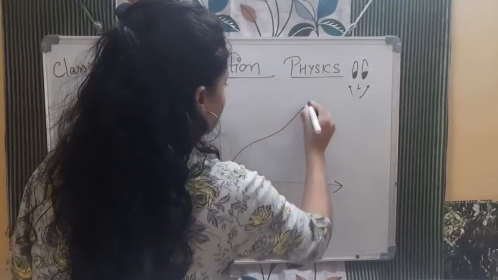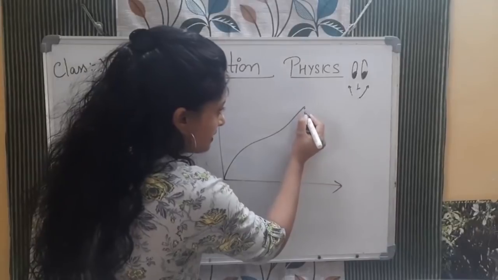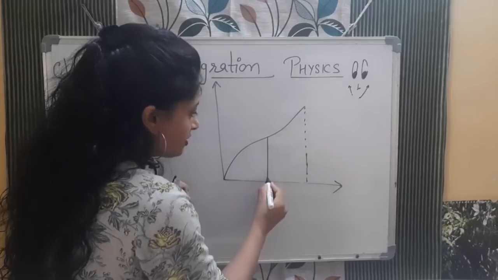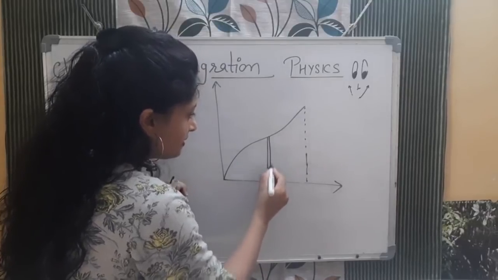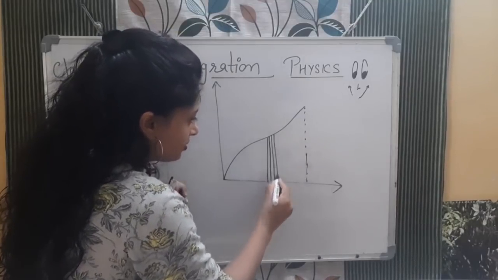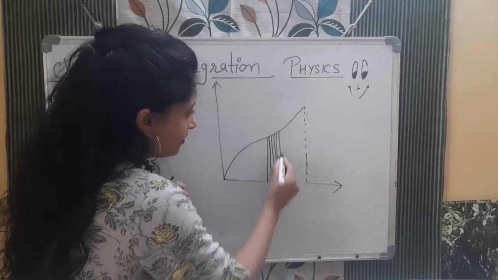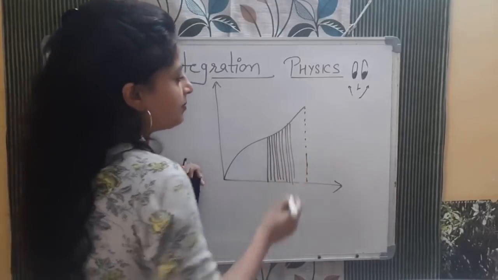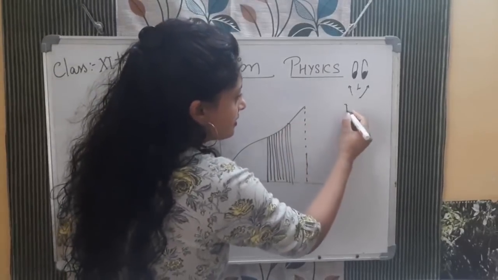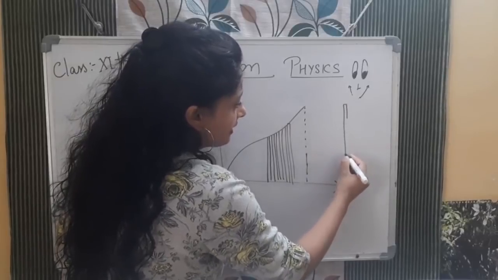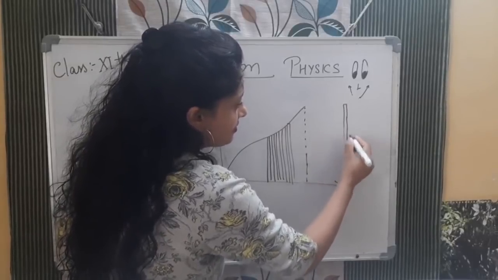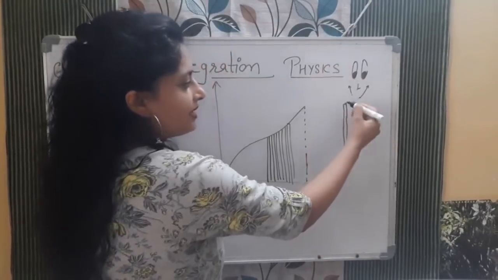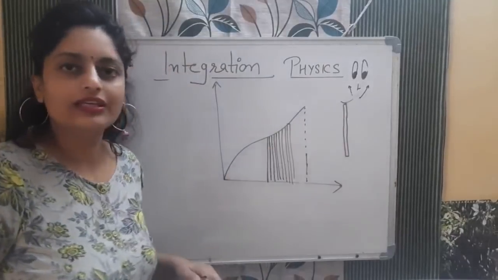For example, the graph is like this. Okay, so this is the end point. Now see, when you consider thin strips, what will happen? It will look exactly like a triangle. Sorry, like a rectangle. When you are making thin strips like this, as thin as possible, what will happen, bacha? You can consider it like a rectangle and very little area will be left. It will be like this. So absolutely a little bit of area will be left. And I will tell the solution of this area also, how it will be covered.